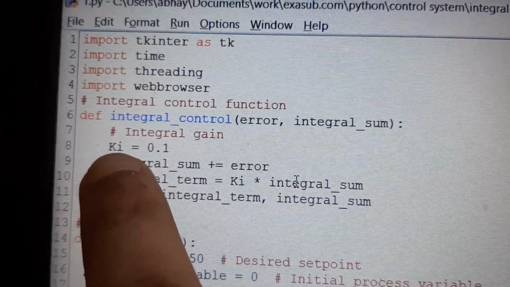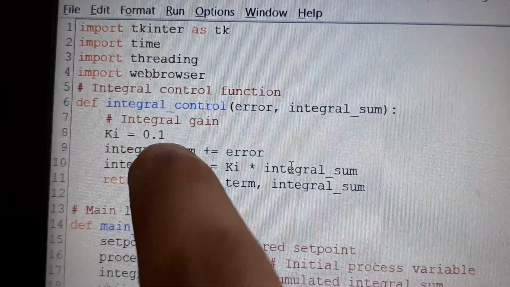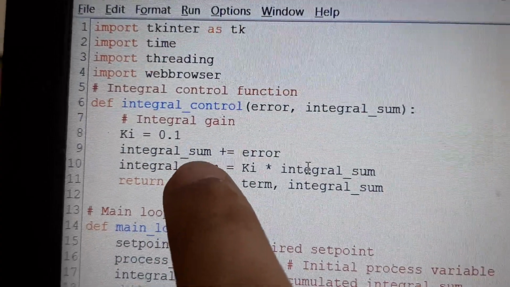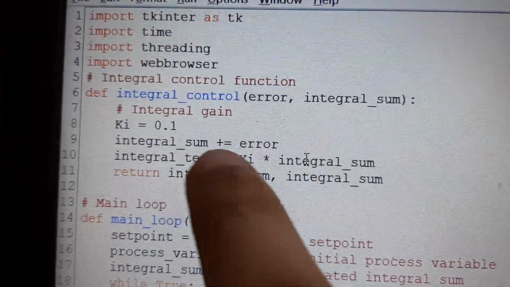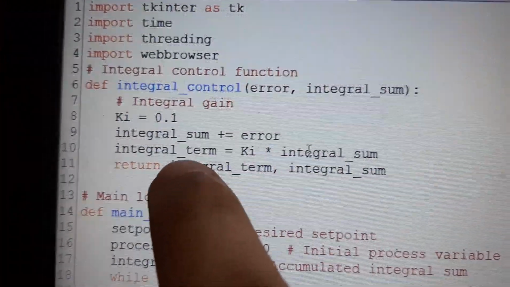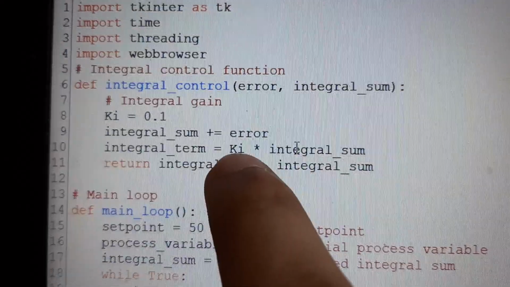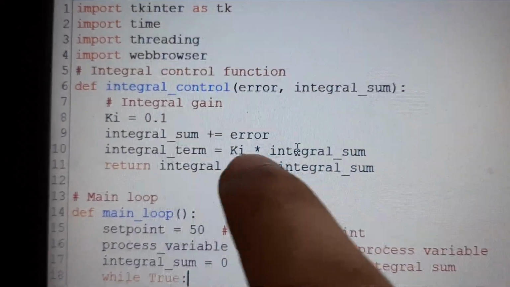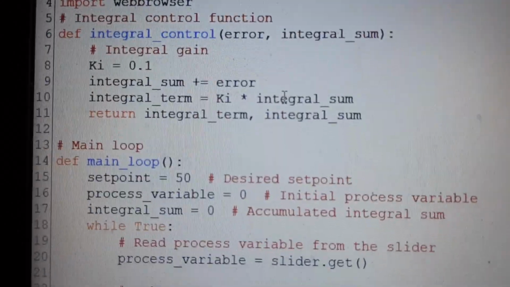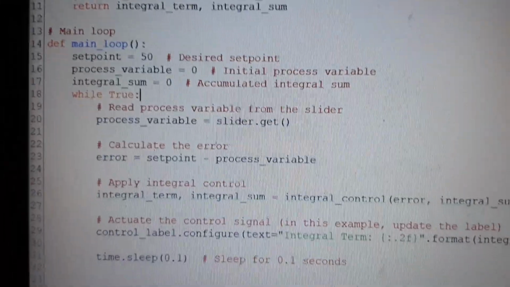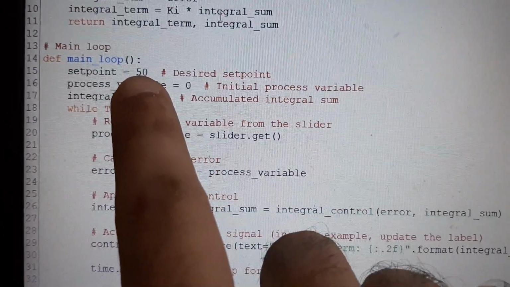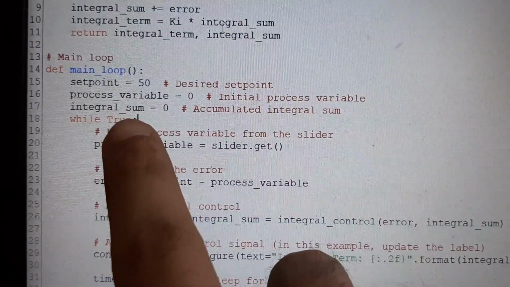We specify an integral gain, then we calculate the integral sum by adding the error into the integral sum, and then we calculate the integral term by multiplying the gain with the integral sum, and then return these two values. And here, in the main function, we set a point 50, then we create a process variable, then